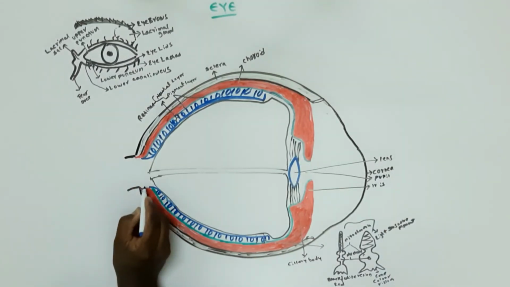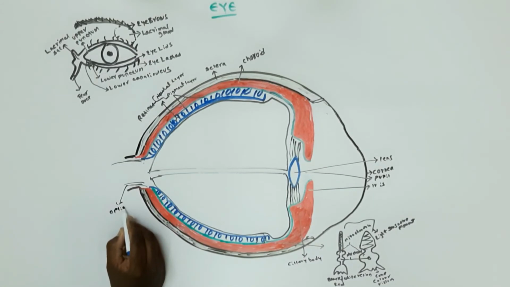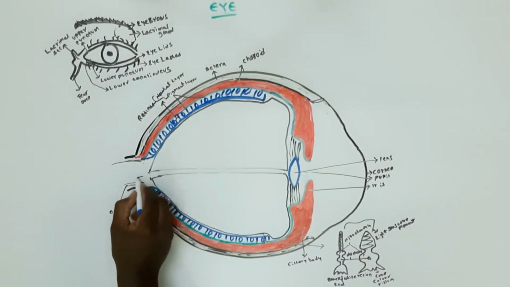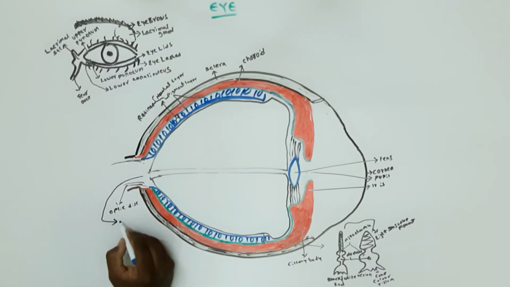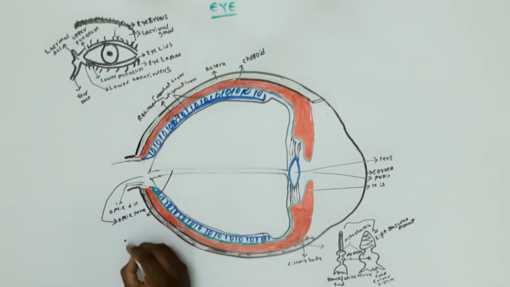This is the optic disc. This is the place where ganglionic cell axons come from the eye, and that is called the optic nerve. Now we are seeing the hyaloid canal. It is a small transparent canal running through the vitreous body from the optic nerve disc to the lens, formed by an invagination of the hyaloid membrane.